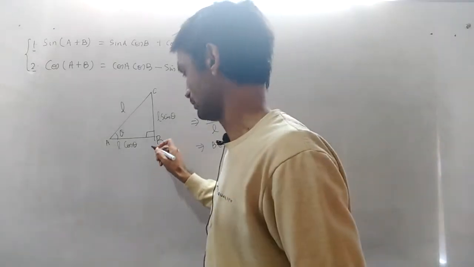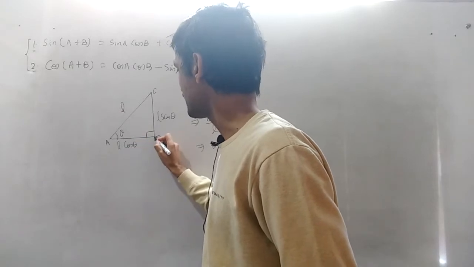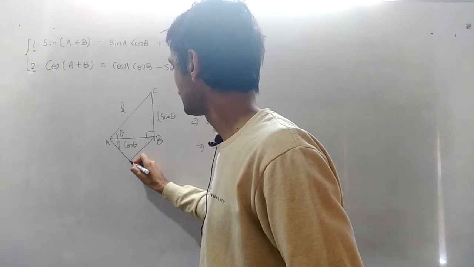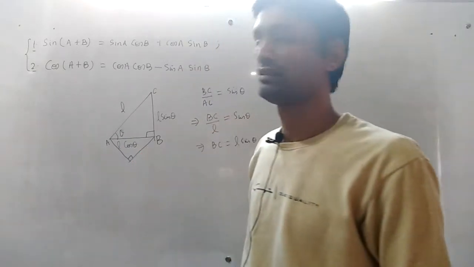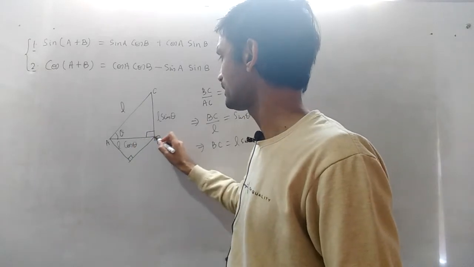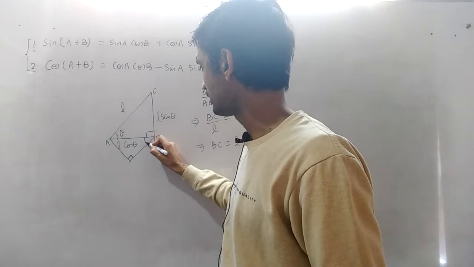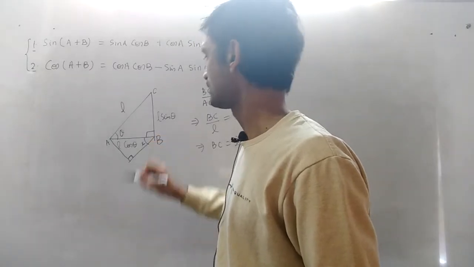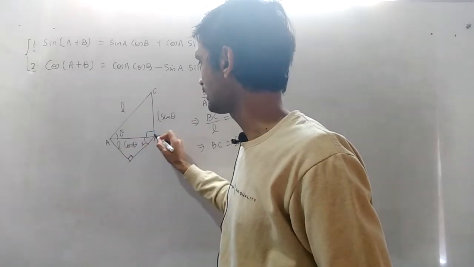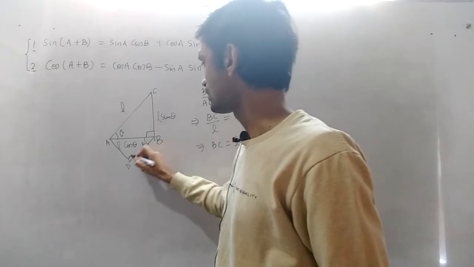Second thing: if I make this part the hypotenuse, and draw like this, and this is the 90 degree angle, are you getting this point? Now AB has become the hypotenuse, and this is the angle theta, and this angle is x, and this length is L cos theta. What about this one, D? What is this length D?